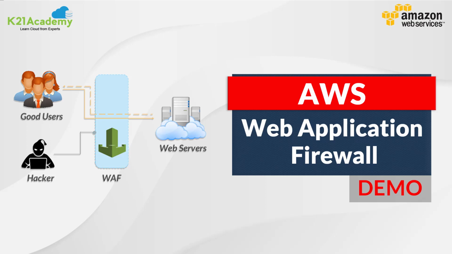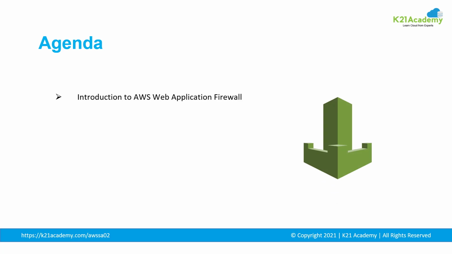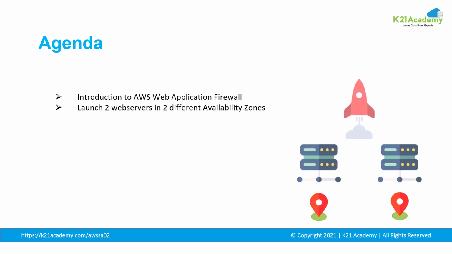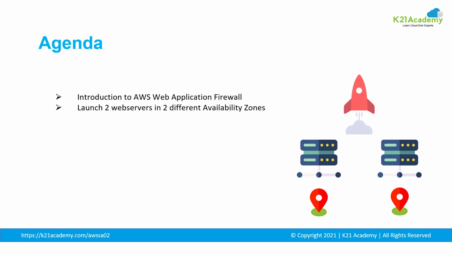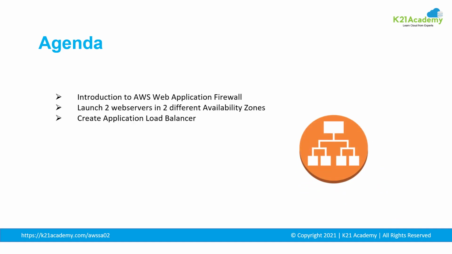In this session, we are going to learn about AWS Web Application Firewall, where we will be focusing on how to control web traffic using Web Application Firewall. Now let us take a quick glance at the agenda. Firstly, we will be introduced to AWS Web Application Firewall, and then we will be launching two web servers in two different availability zones. And then we will be configuring application load balancer in front of that, and we will